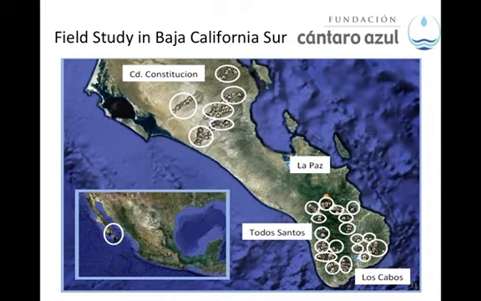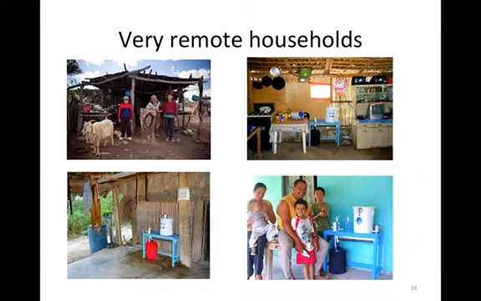So they're collecting their water from local ponds and local springs, but they're not protected. And so they're subject to contamination due to human activities, and also there's a lot of animal grazing. And so the idea was to see if this was an effective way for these households to produce safe drinking water. So you can see from these pictures here that these, especially in this one up on the left,